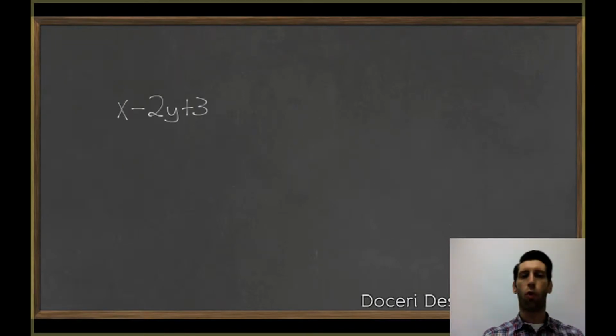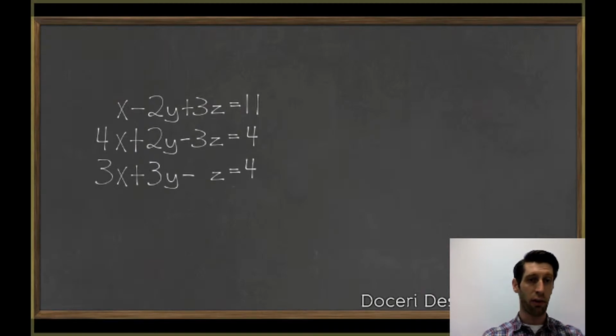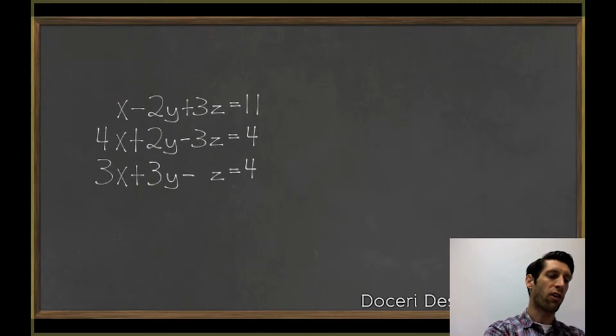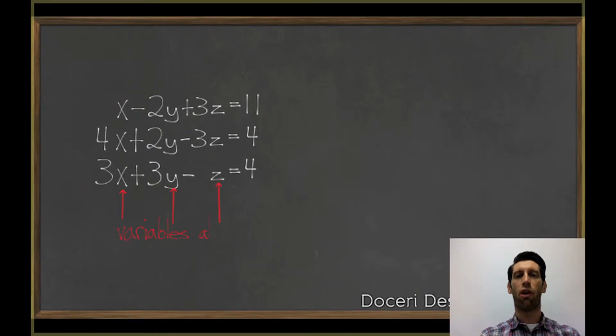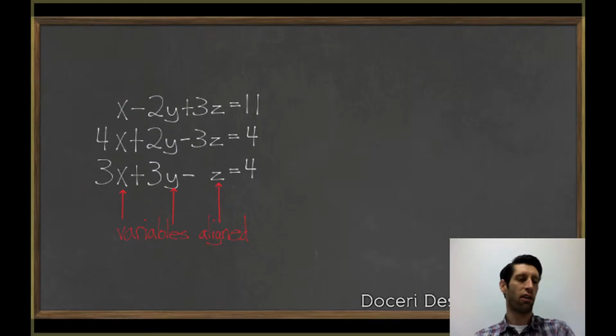So let's jump into a quick example, and that's the system displayed as follows. x minus 2y plus 3z equals 11 is the first equation. 4x plus 2y minus 3z equals 4 is the second equation. And 3x plus 3y minus z equals 4 is the third equation. Notice here that all my variables are kept aligned in columns. All my x's are in a column, all my y's are in a column, and all my z's are in a column. In a similar way, all my equalities are in a column as well,